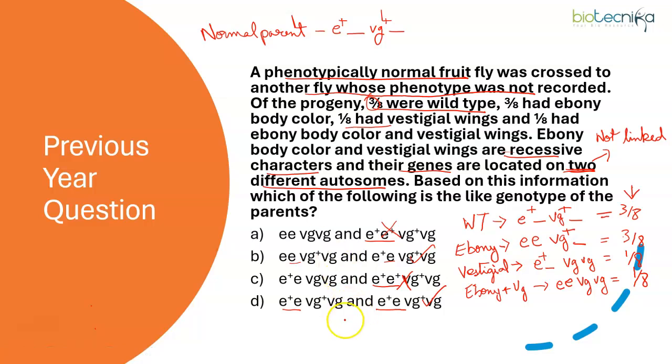So this is exactly the same as a Mendelian dihybrid cross, and if a Mendelian dihybrid cross of this genotype of parents happens, then in the next generation what do we expect? We expect a 9:3:3:1 ratio, where 9 by 16 will be dominant for both the genes, 3 by 16 will be dominant for one and recessive for another, and 1 by 16 will be recessive for both. But the ratio that we see here is not 9:3:3:1. So we eliminate this as well, and the only option that can fit the situation is option B.